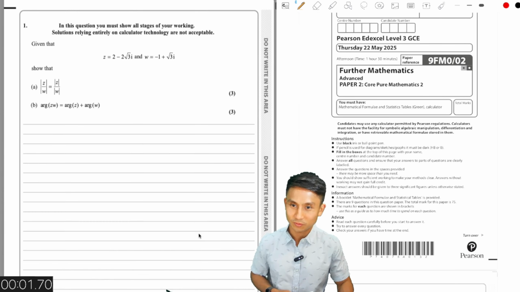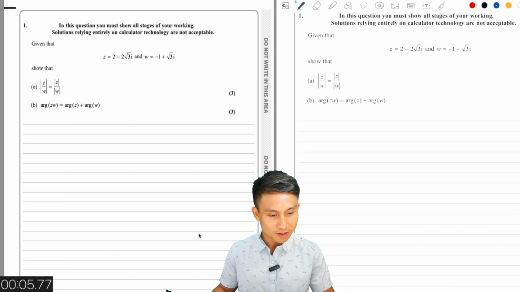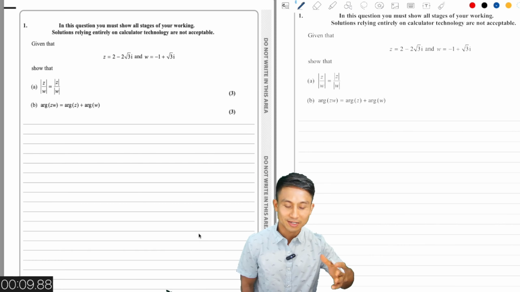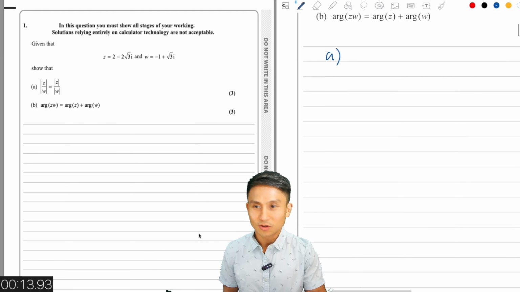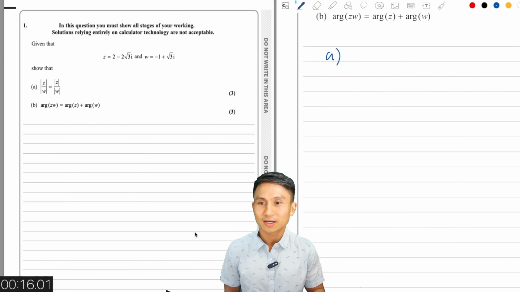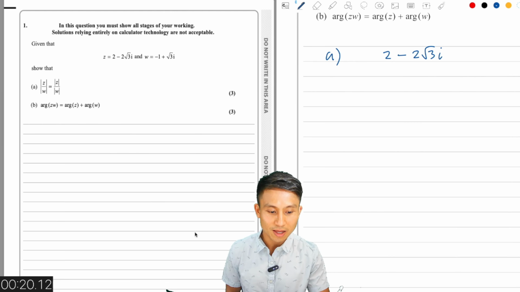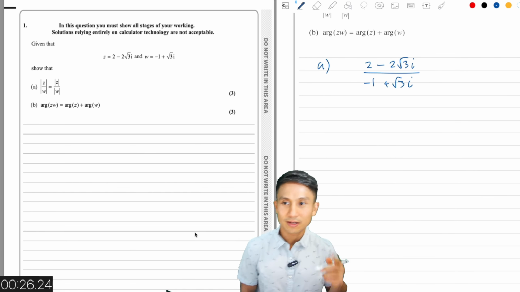Okay, let's go with this paper. Number one, what do we have here? Complex numbers. Given that z equals that, w equals that, show that the modulus of z over w equals the modulus. All right, so z over w would be 2 minus 2 root 3i divided by minus 1 plus root 3i. And then we want to find the modulus